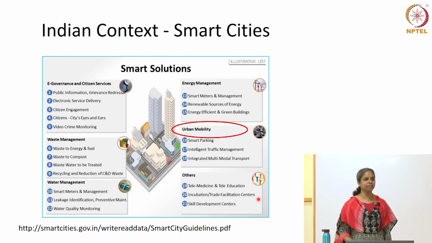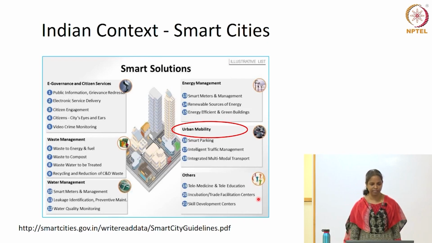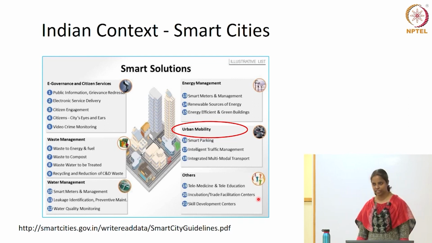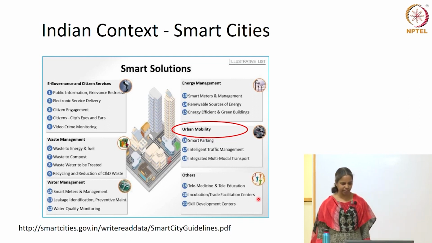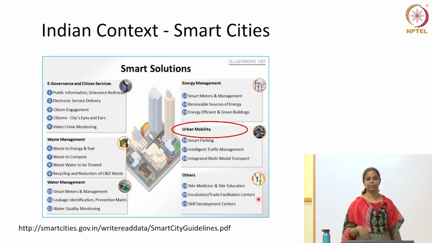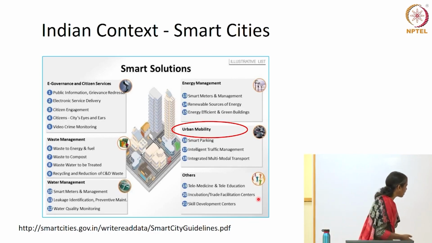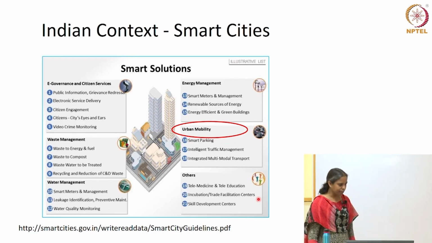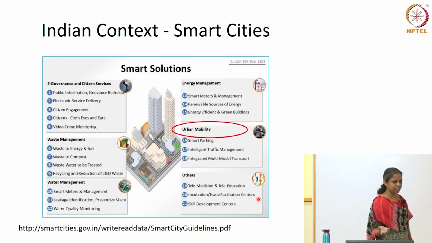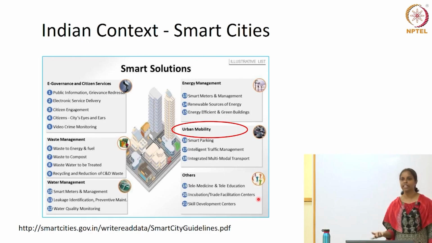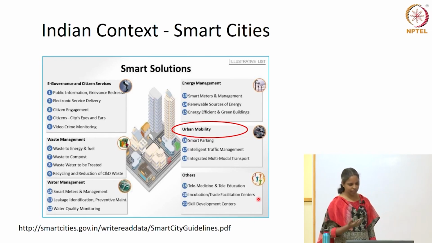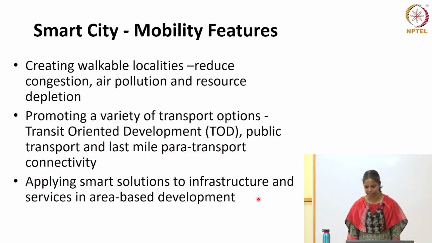You would again have heard about the smart city initiatives of the current government, in the previous term itself. Mobility is one of the verticals under the smart city initiatives, and that's what I have highlighted. They have given some examples: smart parking, intelligent traffic management, integrated multi-modal integration and things like that. But these are not the only things. They are interested in anything where you can use technology to make the traffic move better. So that's where some of these things can make sense.